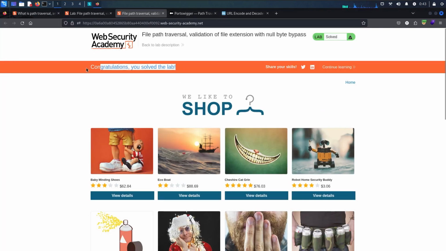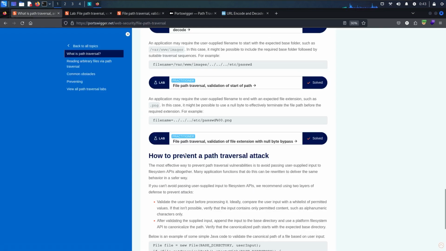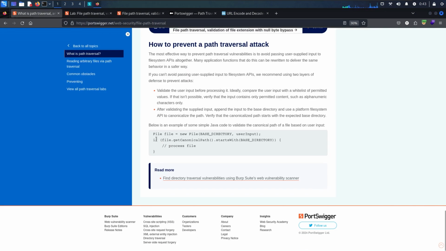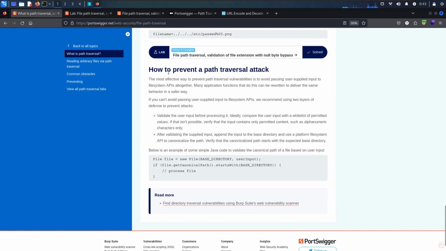And if we go to the lab, we have successfully completed the lab, and I don't think there is any more. So for the prevention of this path traversal attack, you can read this part,